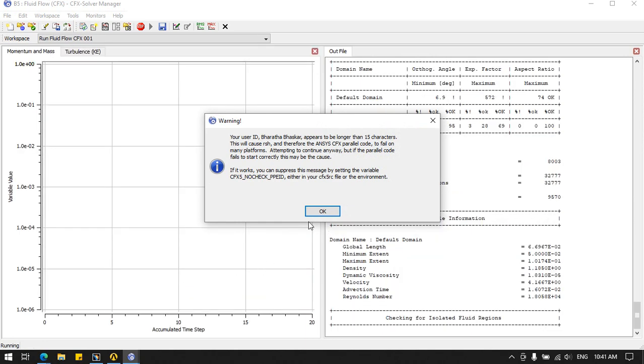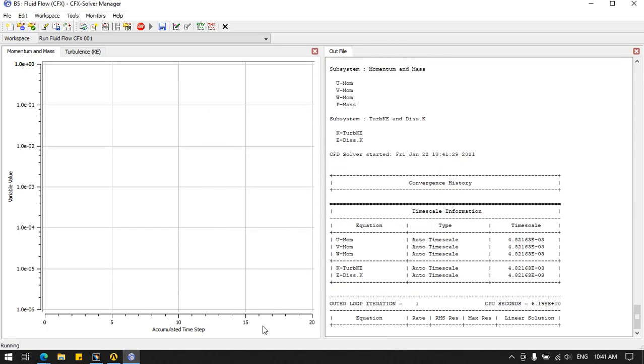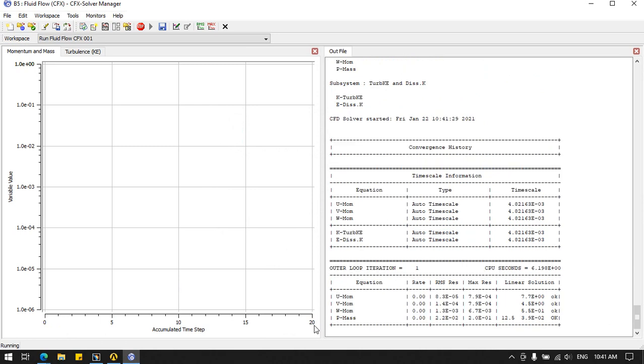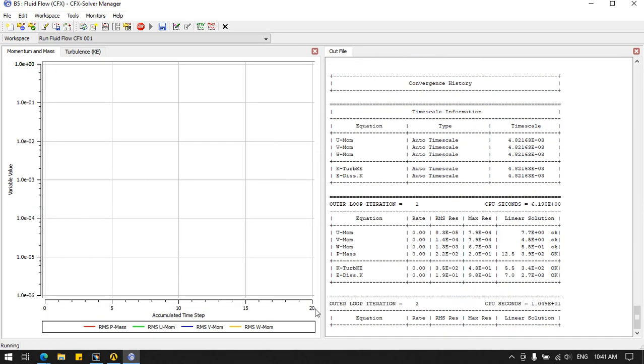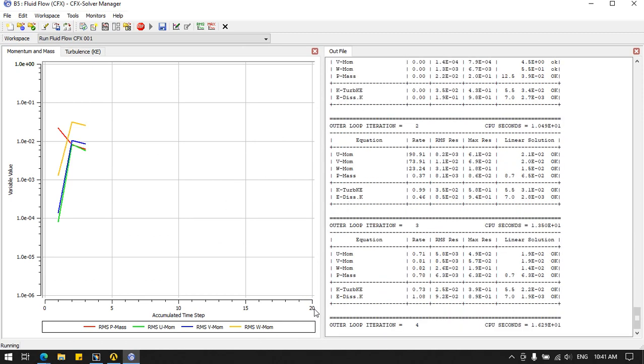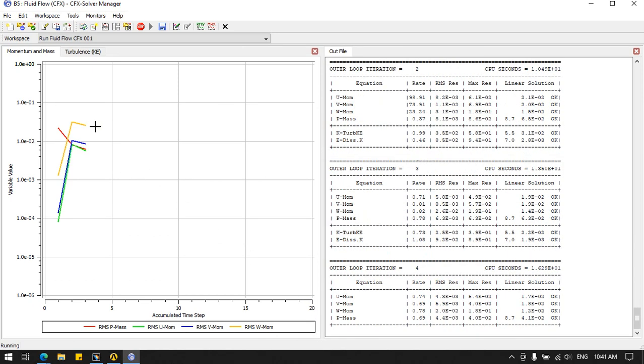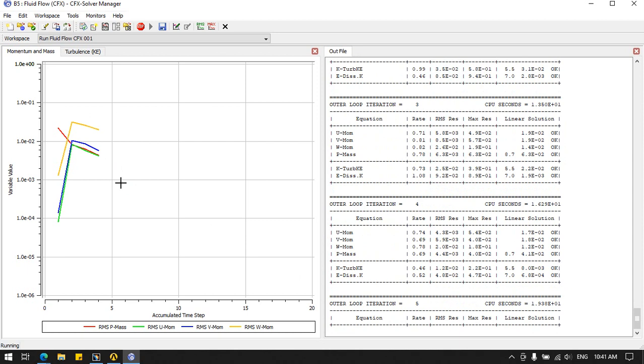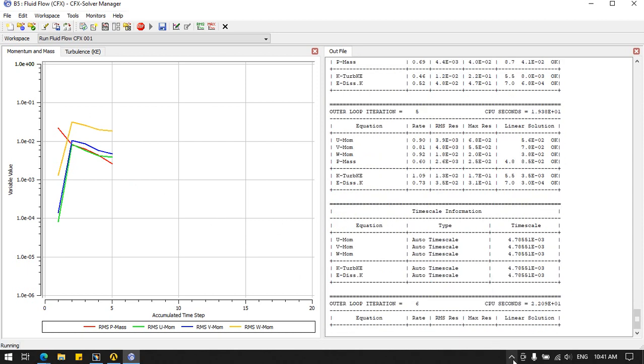Okay, complete this one, click OK. At the bottom we can see 0 to 20 is coming. Make sure that it should complete 100 or stop somewhere. So up to then we have to wait. This is faster only. I think it takes around 5 to 10 minutes to complete.